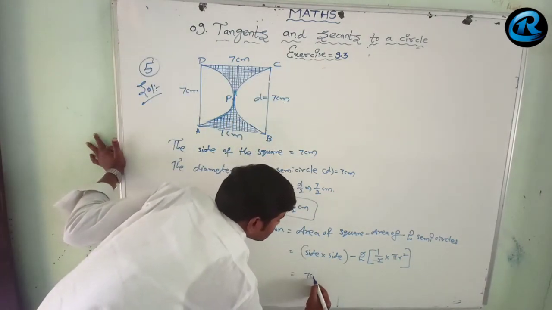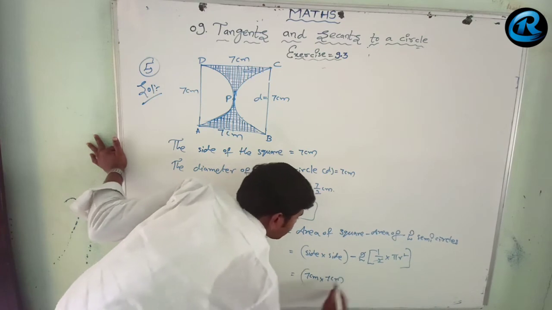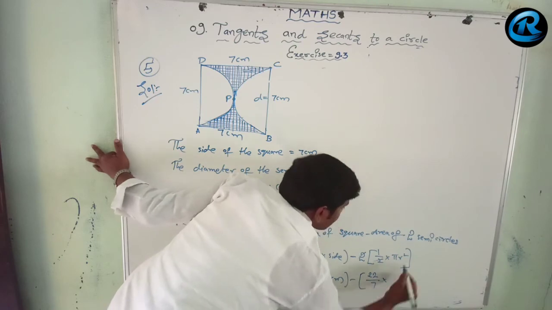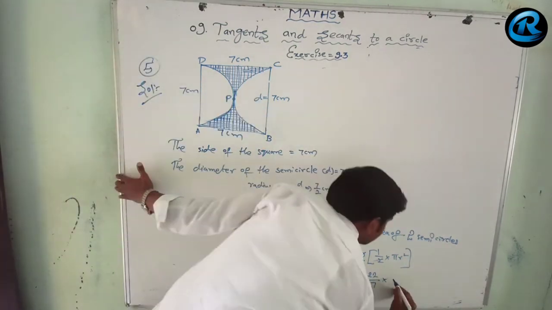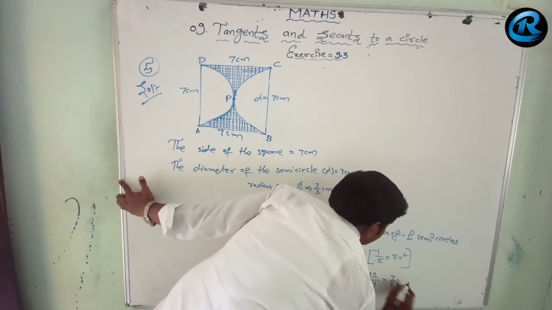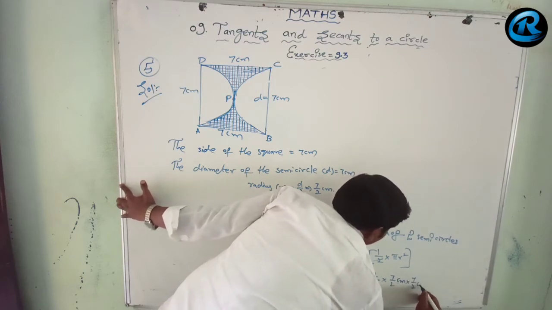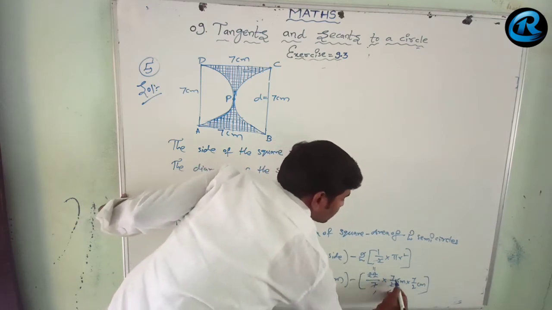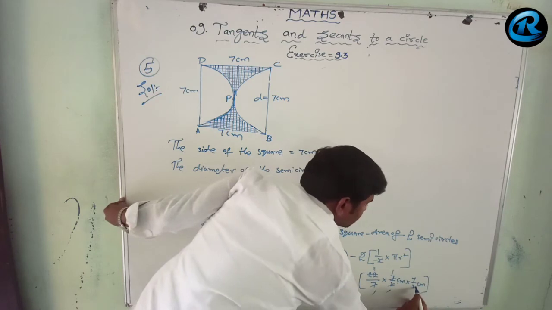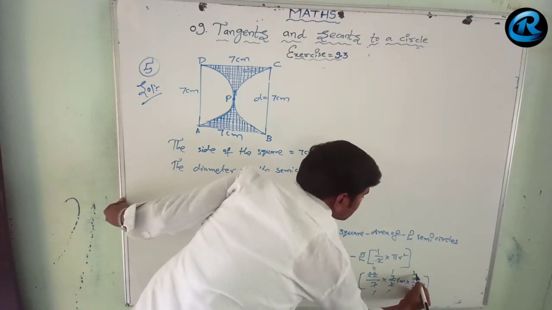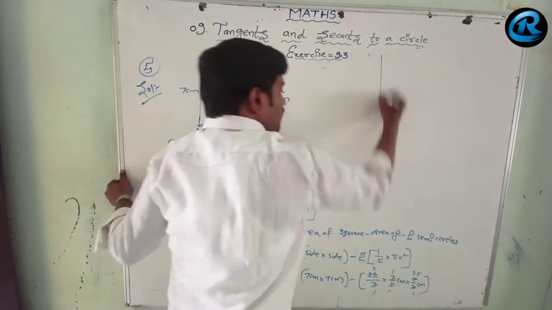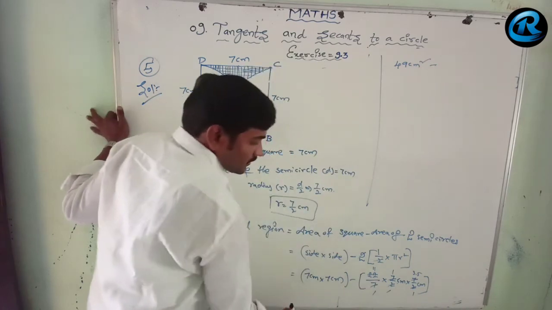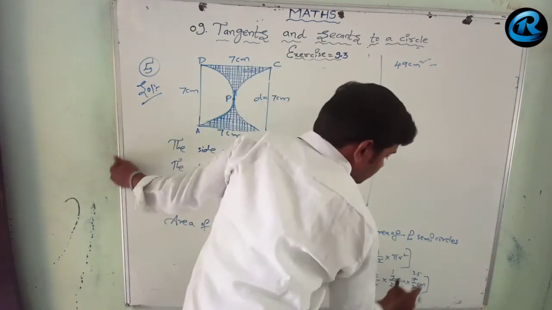Side into side: the side of this square is 7 centimeter, so 7 centimeter into 7 centimeter, minus here pi value that is 22 by 7, r value that is 7 by 2 centimeter into 7 by 2 centimeters. See, 2 ones are 2, 11s are 11, 7 ones are 7, and 2 ones are 2, 3.5s are 3.5. So we got here now 7 sevens are 49 centimeter square minus here 11 into 3.5